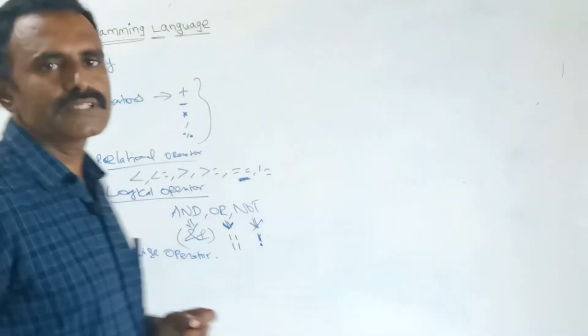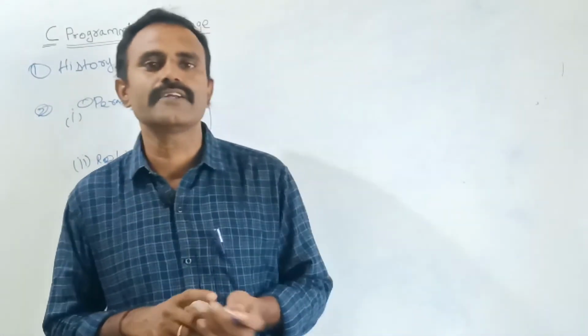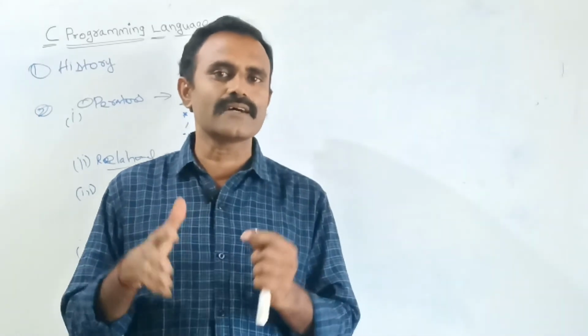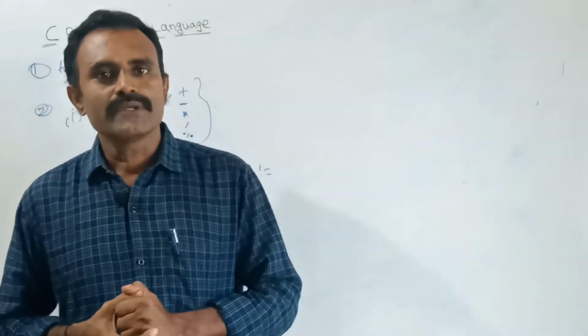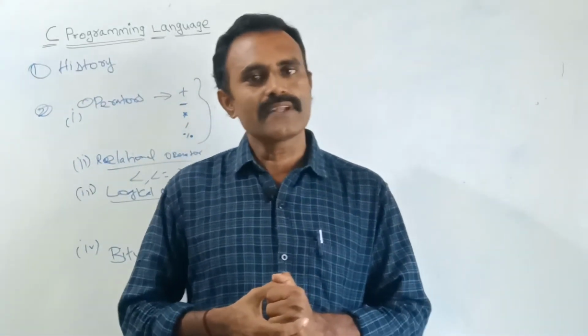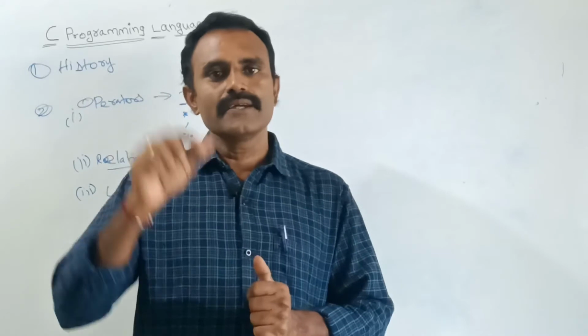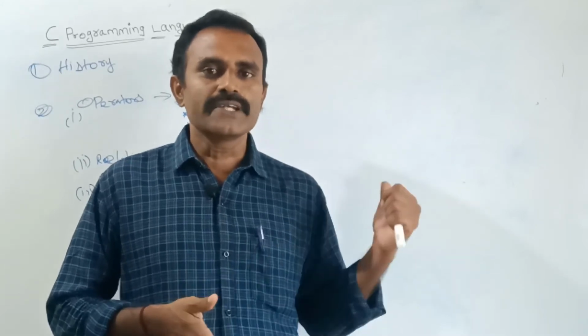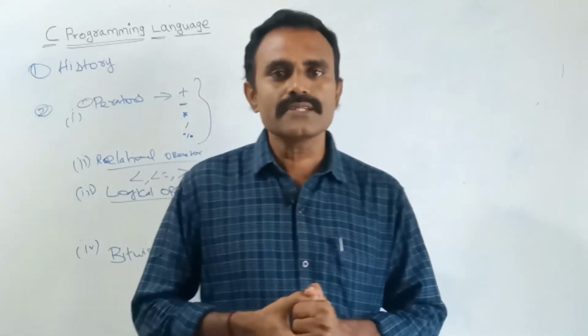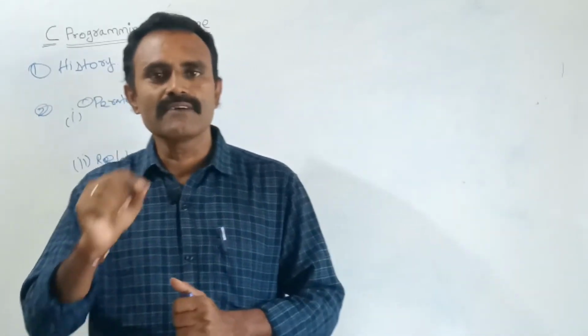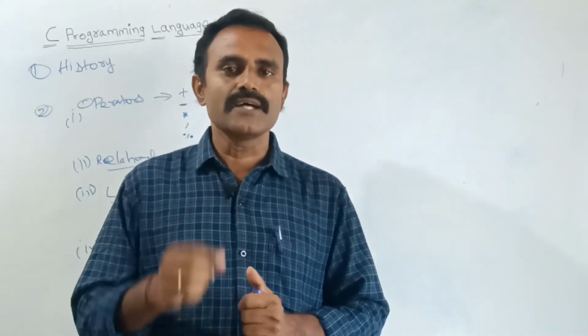For what purpose do we use the bitwise operators? They are used to manipulate data at bit level. There are a lot of problems, such as finding the ones complement, twos complement, shift left, and shift right, which all come under binary digit values. Such kinds of problems we can solve with the help of bitwise operators. It is also known as bit level programming. Very first, the bitwise AND operator.